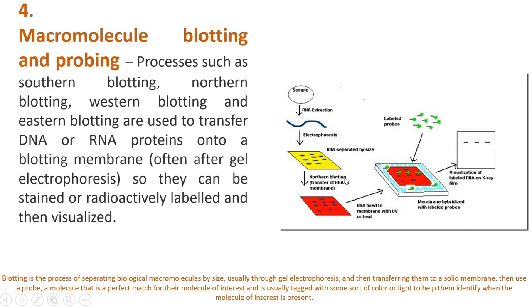So the process is here ممكن تكون different types يا اما southern blotting technique or northern blotting technique or even western. المهم الفكرة وين انه used to transfer DNA or RNA proteins onto a blotting membrane. طبعا after separation by gel electrophoresis لان قلنا different molecular size and they can be stained or radioactively labeled and